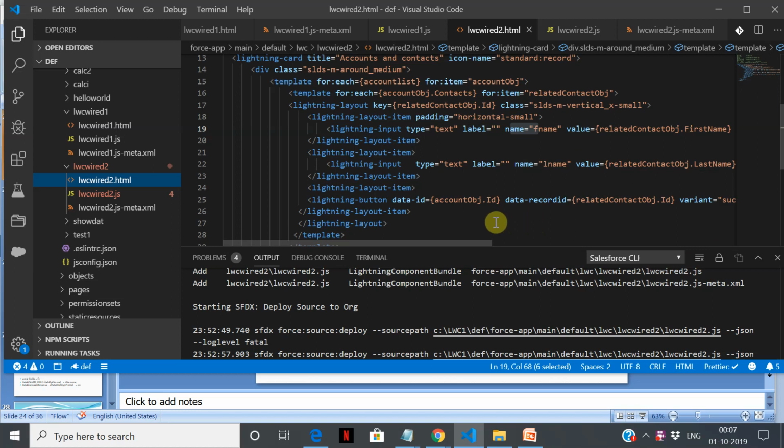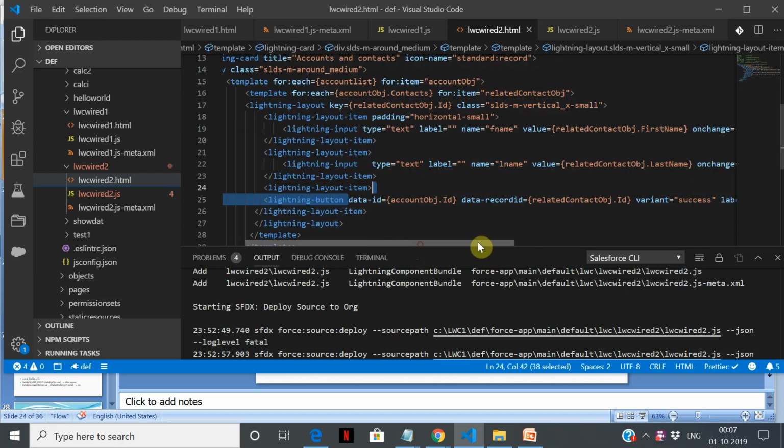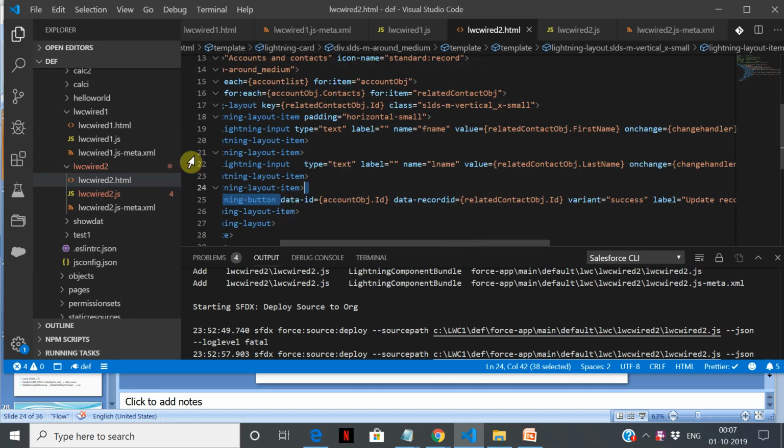So now what we are going to do is we are going to take the account object ID as a data ID and data.record. Now whatever tags you give over here, if you give this lightning button, lightning allows you support of these data tags like HTML. These are normal HTML. Now if there are any loops or any structures like this, for each or key, you can access them using data tags like data ID, data record ID. Once you do that, you can take this part, the second part after the hyphen, in your code, and it will map to this value.